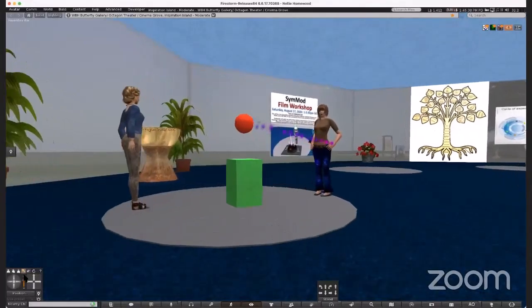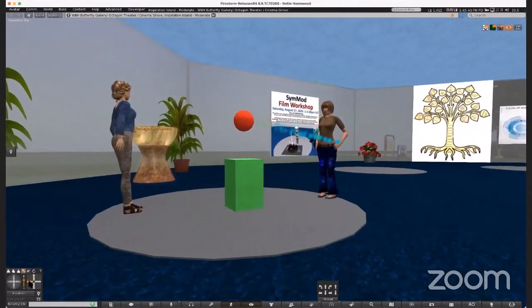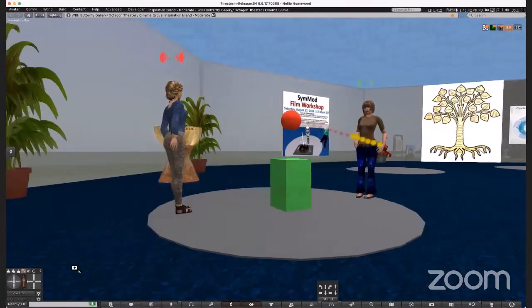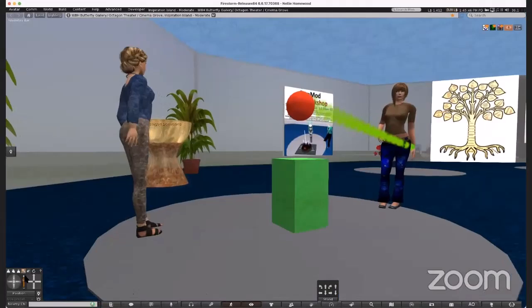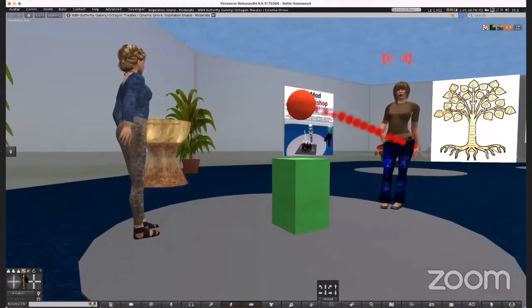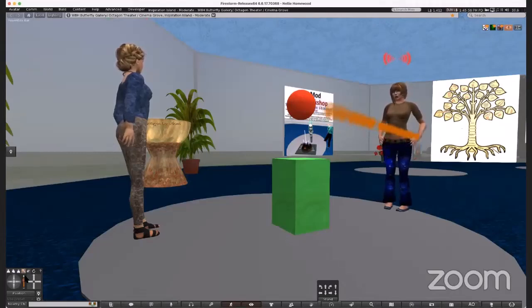Yes. How does the red feel being in the air? How do you feel as that? I feel weightless. And I feel confident now. Confident. I can move around. Okay. So you don't feel weighted down.